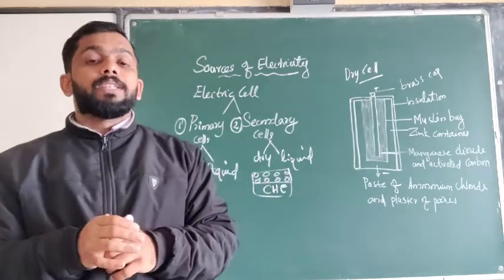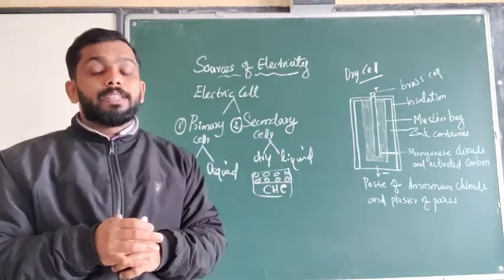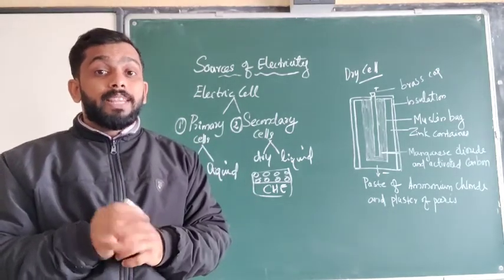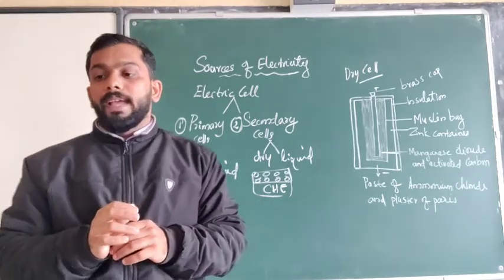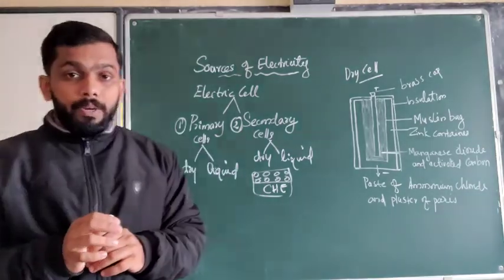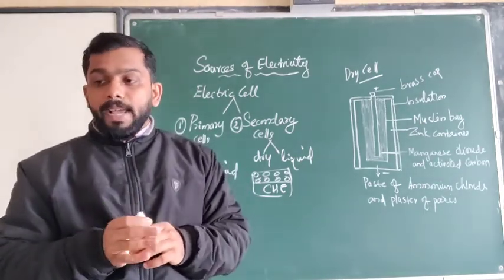Liquid cells means the components will be used in the form of liquid chemical components, and dry cell means the components will be in a thick paste form. Thick paste form. Clear now? Now again, there are some liquid cells, that means primary cells, called voltaic cell,